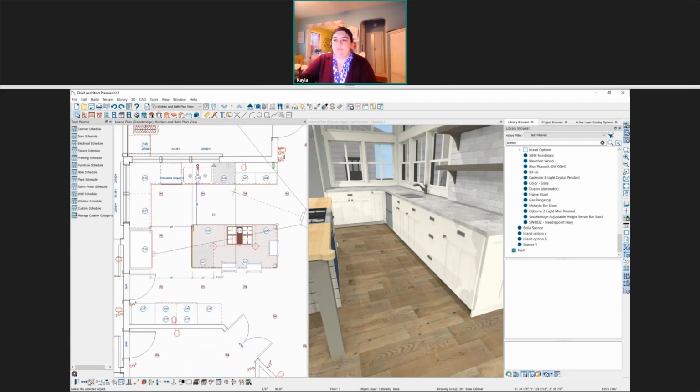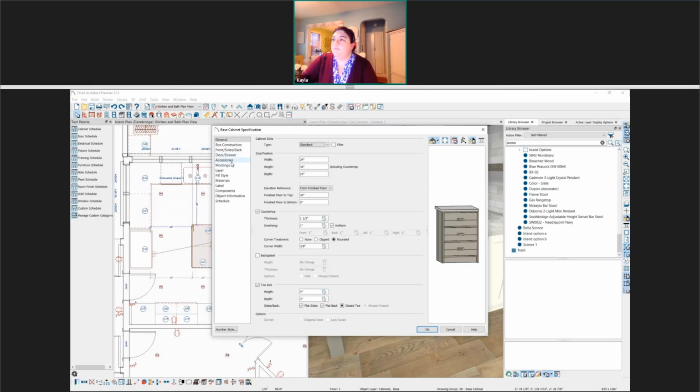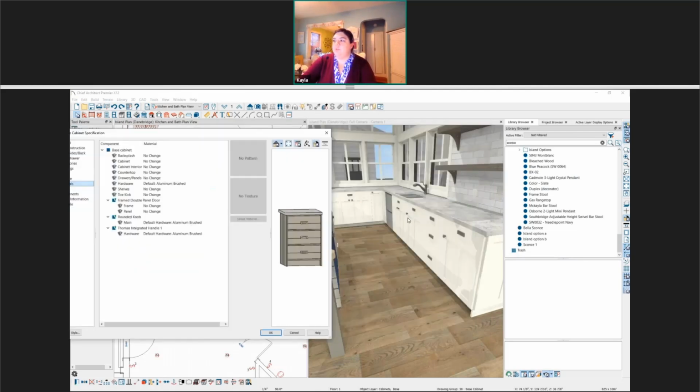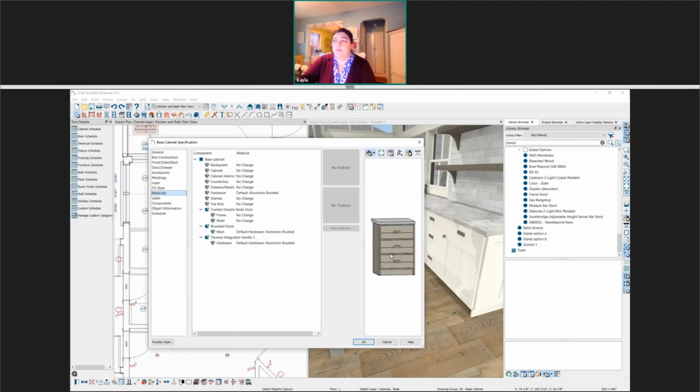I'm not sure what the logic behind the scenes is, but if we take these 2, see here we have one is a bank of drawers and one is a door and drawer, but since they're 24 inches and using the same door and drawer types, that's why we're showing up. So we have this framed double panel door, different handles, base cabinet. So that's one way to manage it.